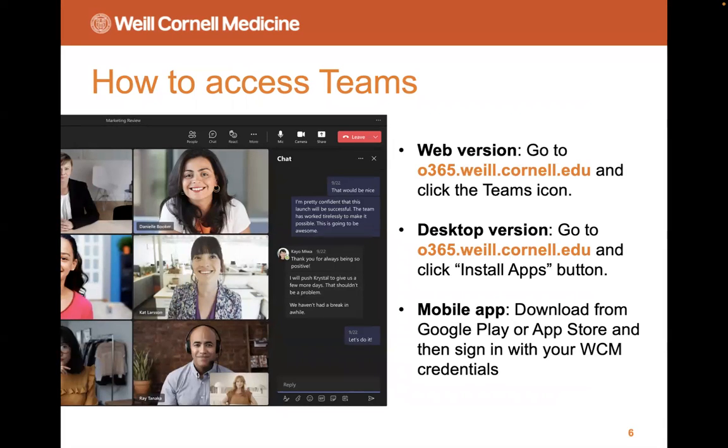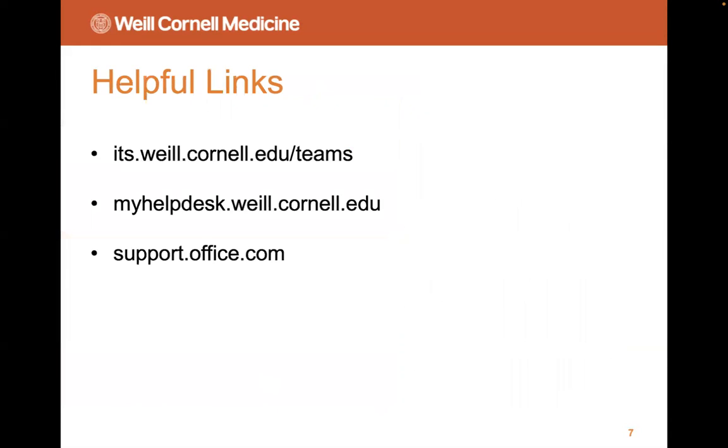If you prefer using an actual app on your desktop that you click on and it opens up, there's an install apps button. I'll show you where that is. We can download the entire Office 365 suite if you wanted to, which includes Teams. And again, same thing. If you want to use the mobile app, you just go to the App Store and also download it from there. I believe also if you have a tag device, you can go to the WCM App Store and also download Microsoft Office 365 from there.